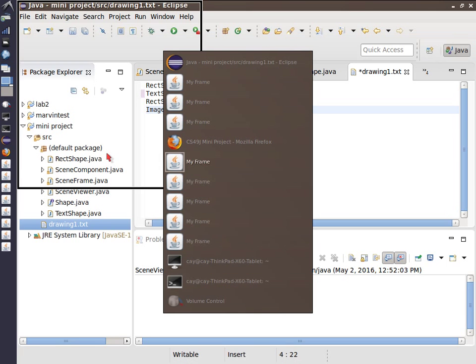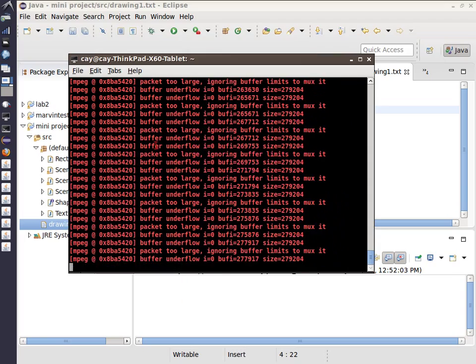Any questions about the structure of this thing? Anything that you want to see again or want me to highlight one more